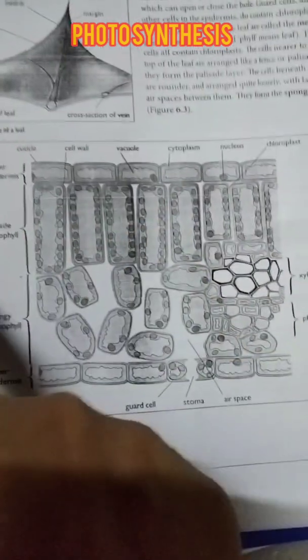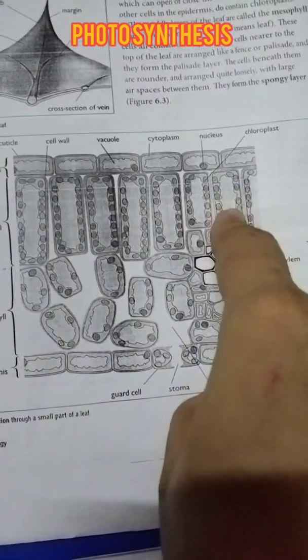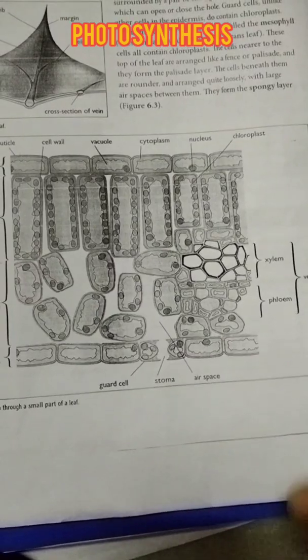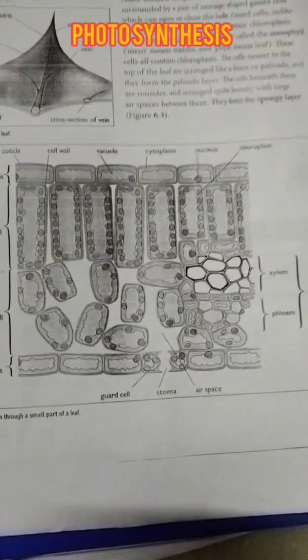Chlorophyll absorbs the sunlight. They are the ones who trap the sunlight. Especially, I can clearly say that the palisade mesophyll is the one which absorbs the maximum sunlight. That is why the arrangement is like that. They are arranged like this so that the light can penetrate easily. The spongy mesophyll also absorbs the sunlight. So by using all these raw materials, your leaf produces food.